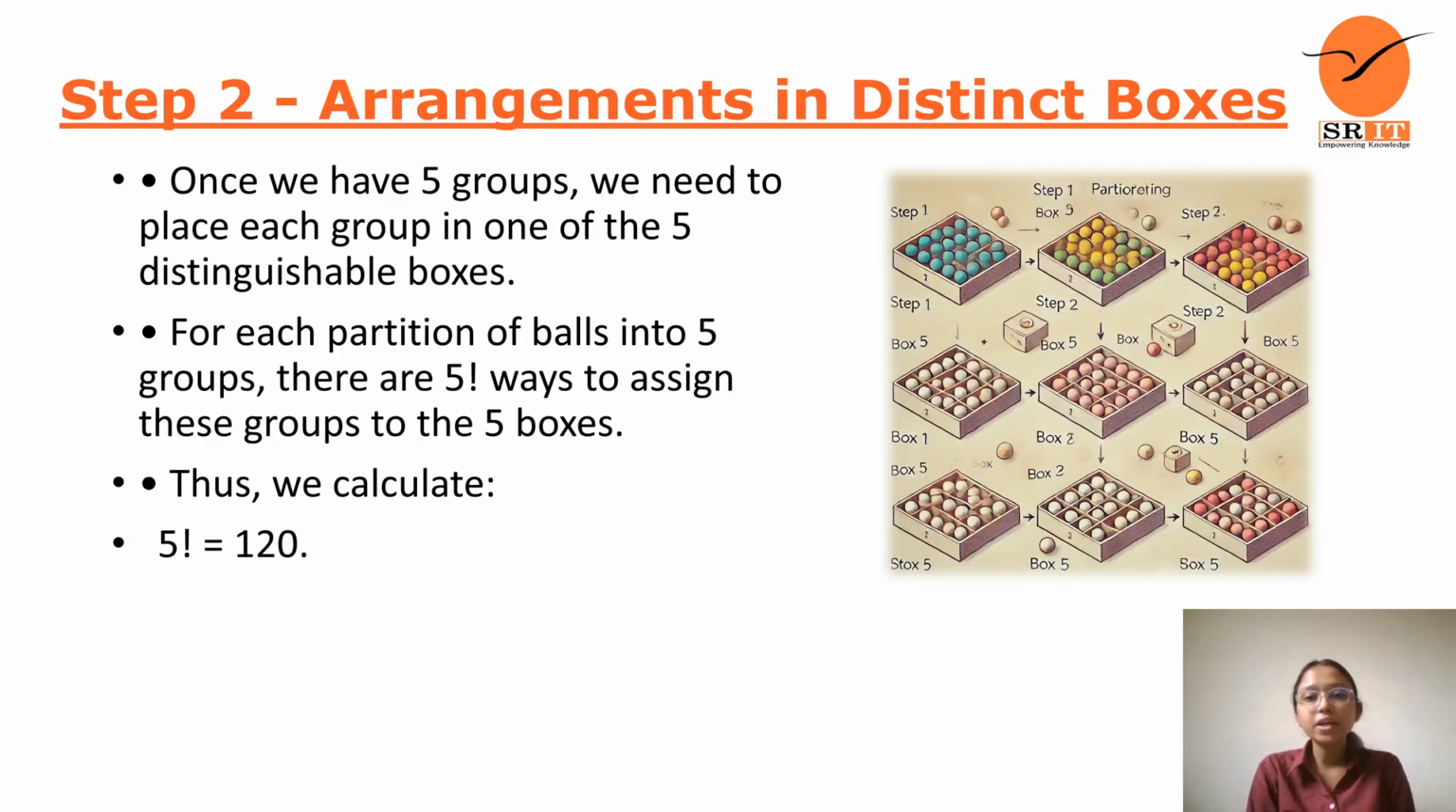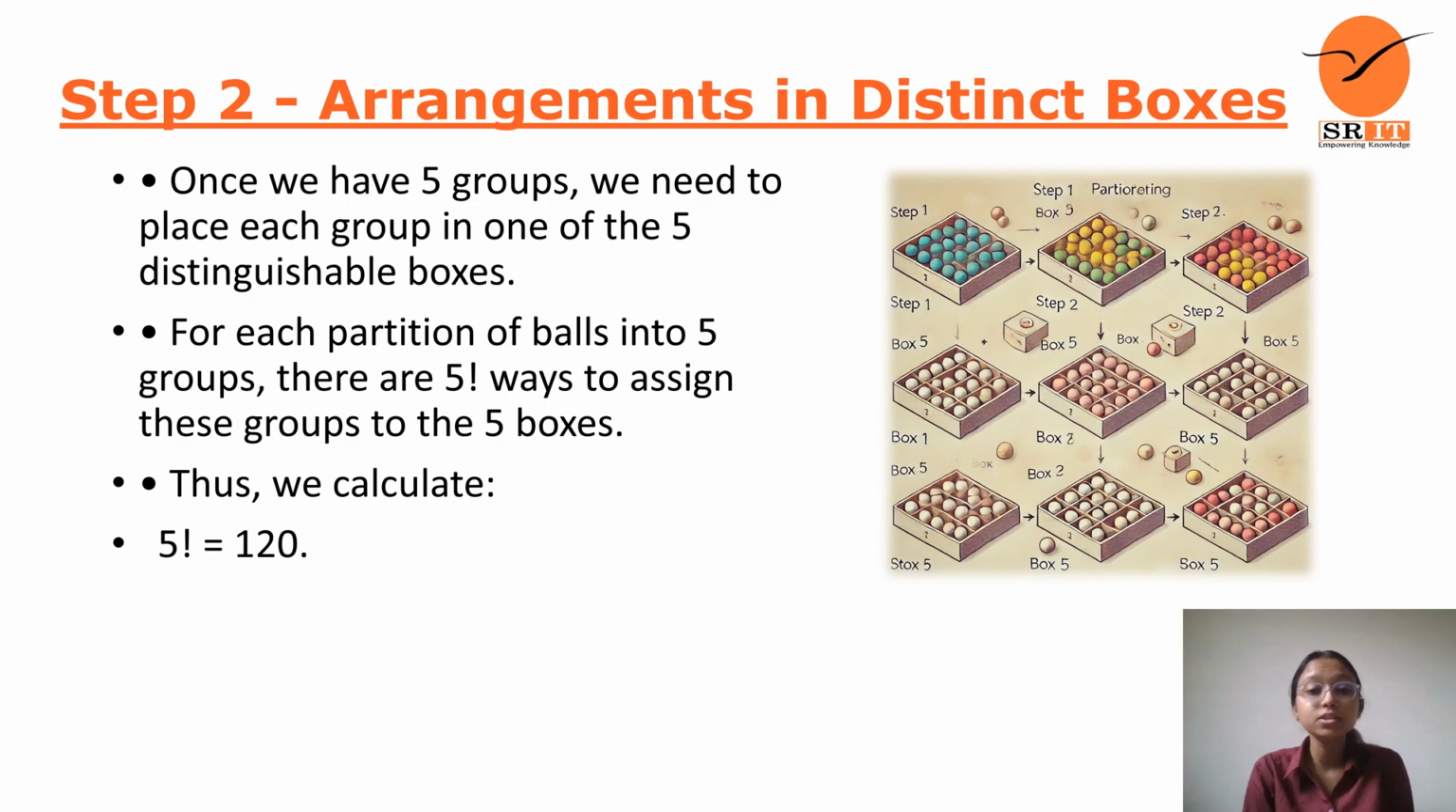Step 2. Arrangements in distinct boxes. You can see a diagram over here. This diagram contains certain boxes and there are balls over there, and we partition these balls to segregate them into different boxes. So let's suppose once we have 5 groups, we need to place each group in one of the 5 distinguishable boxes. So for each partition of balls into 5 groups, there are 5 factorial